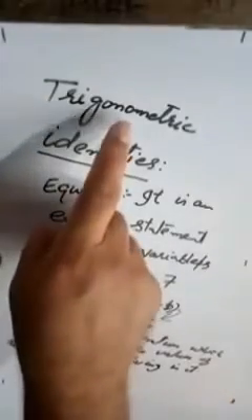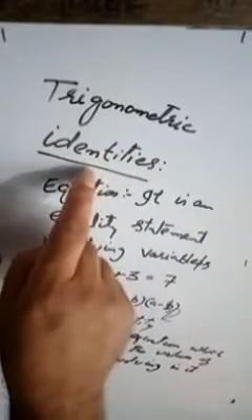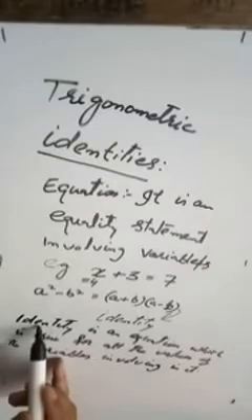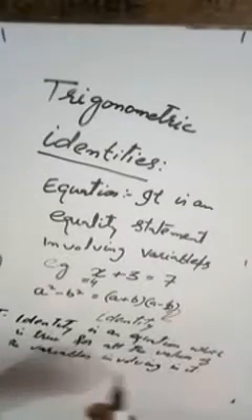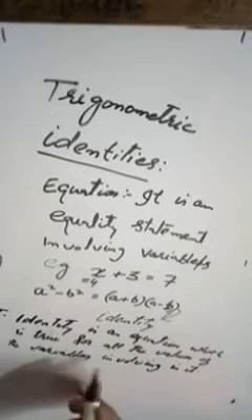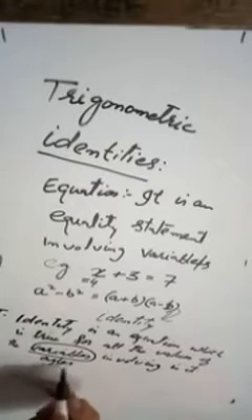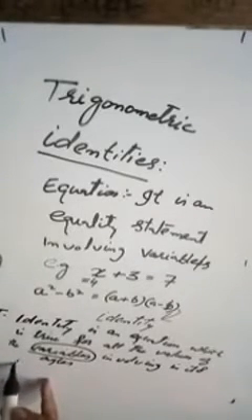But here we have to discuss trigonometric identities. So what are trigonometric identities? Only one difference. Here I wrote an identity is an equation, so I will write a trigonometric identity is an equation which is true for all the values of the variables involved in it. But here, instead of variables, I will write angles, which is true for all the angles involved in it and having trigonometric